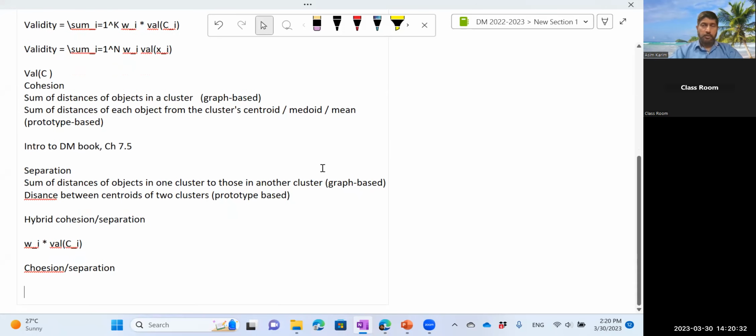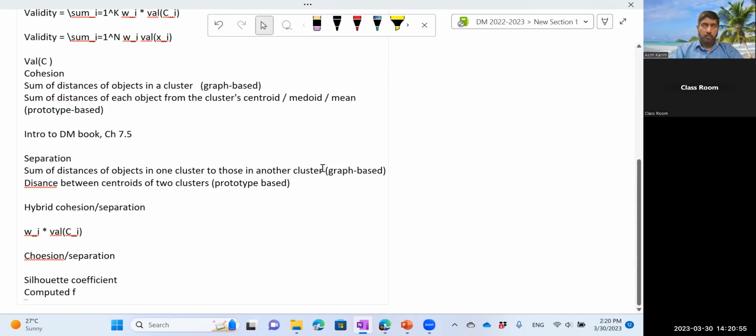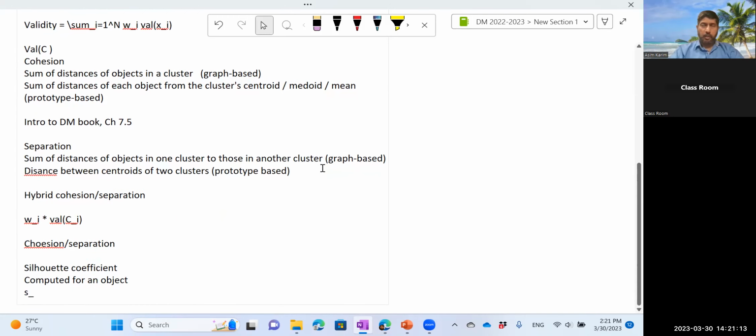One important hybrid measure that I'm going to discuss, which is separate from the four measures I discussed earlier, is the silhouette coefficient. The silhouette coefficient is computed for an object. But as I mentioned earlier, you can aggregate it for an entire cluster and for the entire clustering. Okay. So the silhouette coefficient for the ith object, Si,